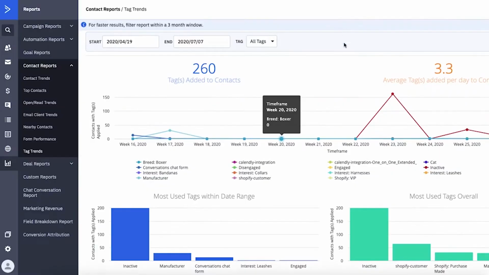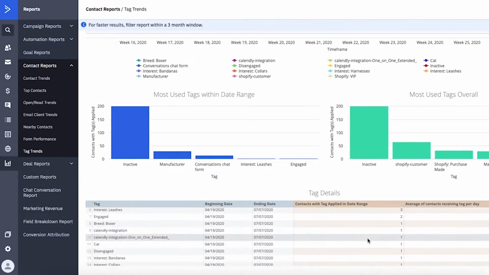Now, the next one is thorough reporting, because realistically, you want to know if your emails are performing well. And I don't want to just know about the open rate, the click-through rate, any of that. I want to know a lot more, because I want to know if all of my automations are working. If I've spent a month building automations for my email list, and I'm only knowing about the open rate and the click-through rate, that's not enough for me. I want to know all the details, so that if something is working well, cool, I'll do more of that. If something's not working as well, I want to be able to understand why, so that I can create a new solution for that, and then I can promote through that.